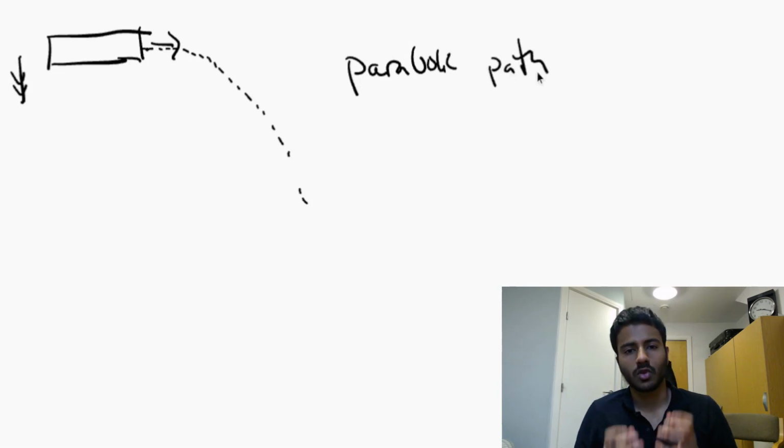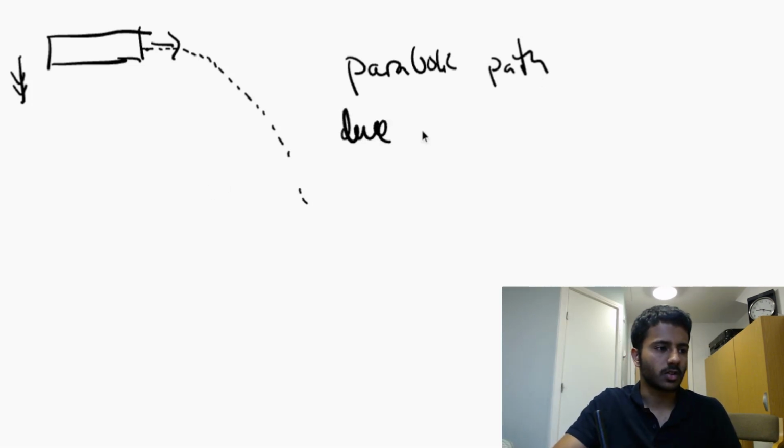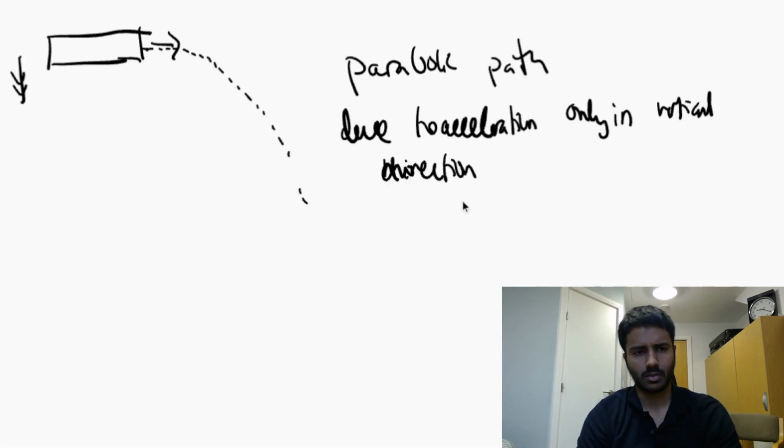A projectile motion follows a parabolic path because there is acceleration in only the vertical direction. So, the parabolic path is due to acceleration only in the vertical direction. So let's look at quite a complicated example. We have a package